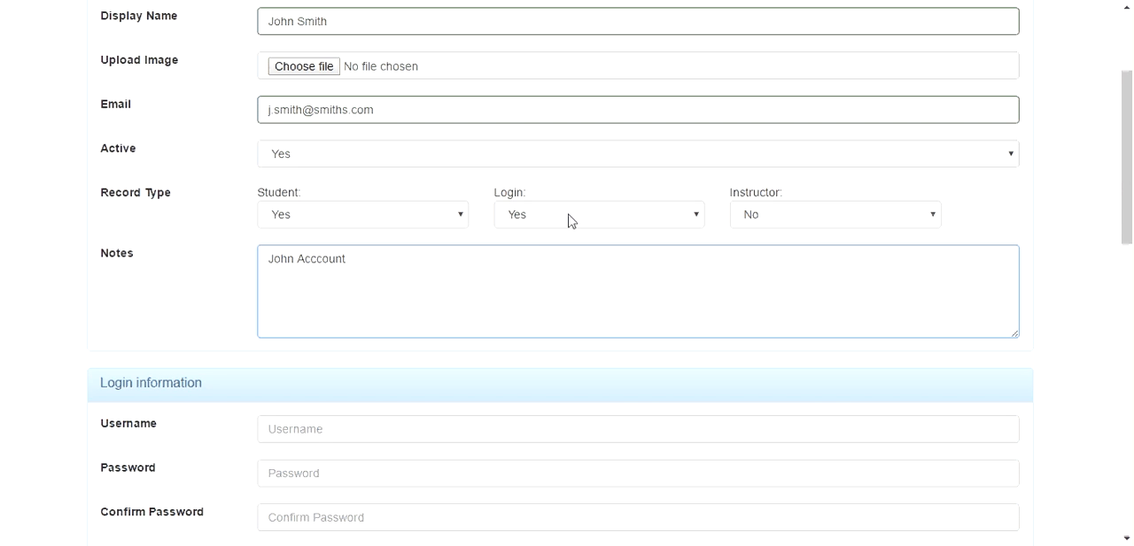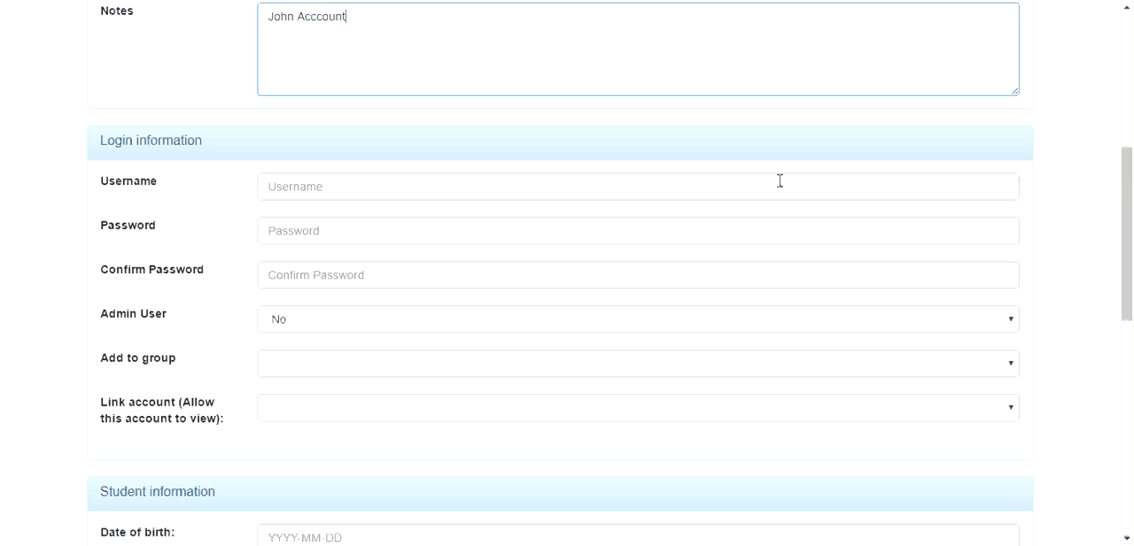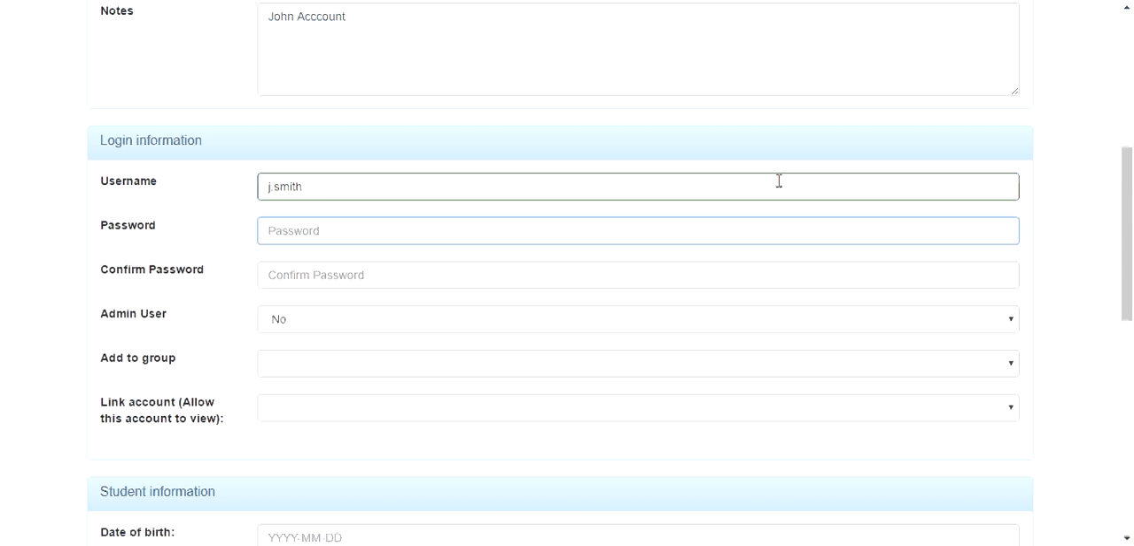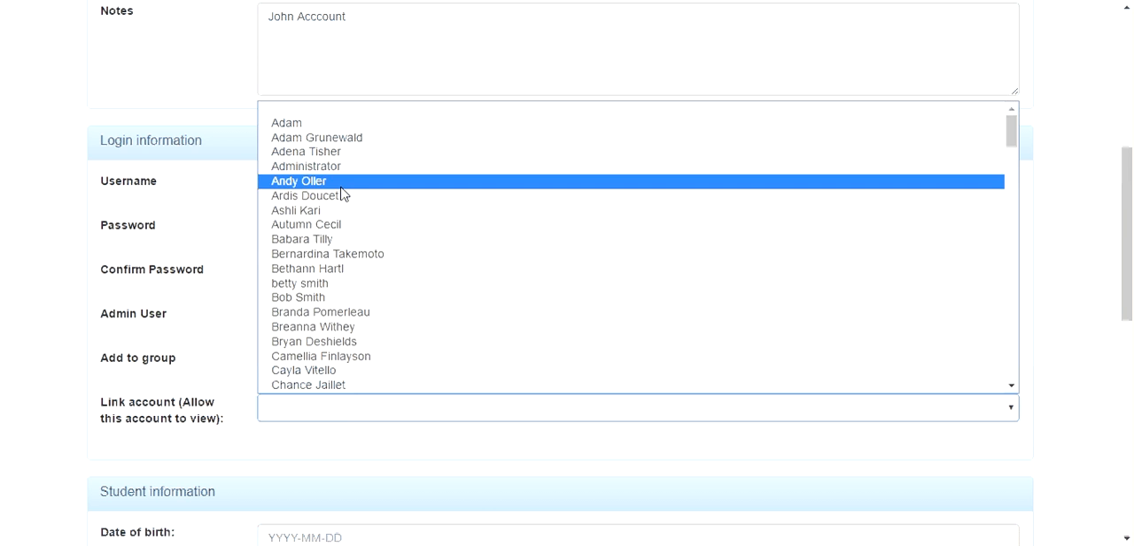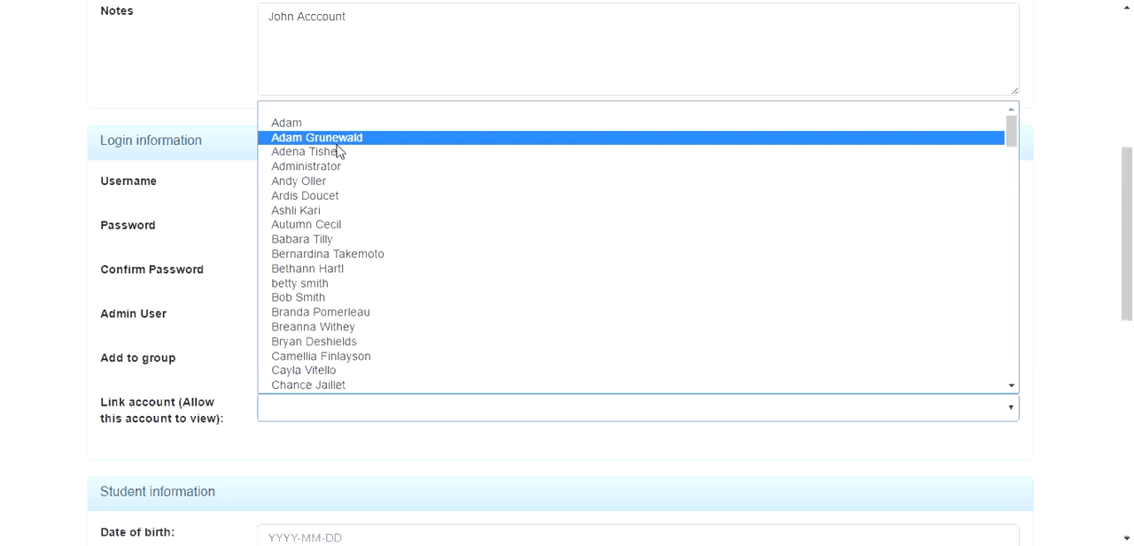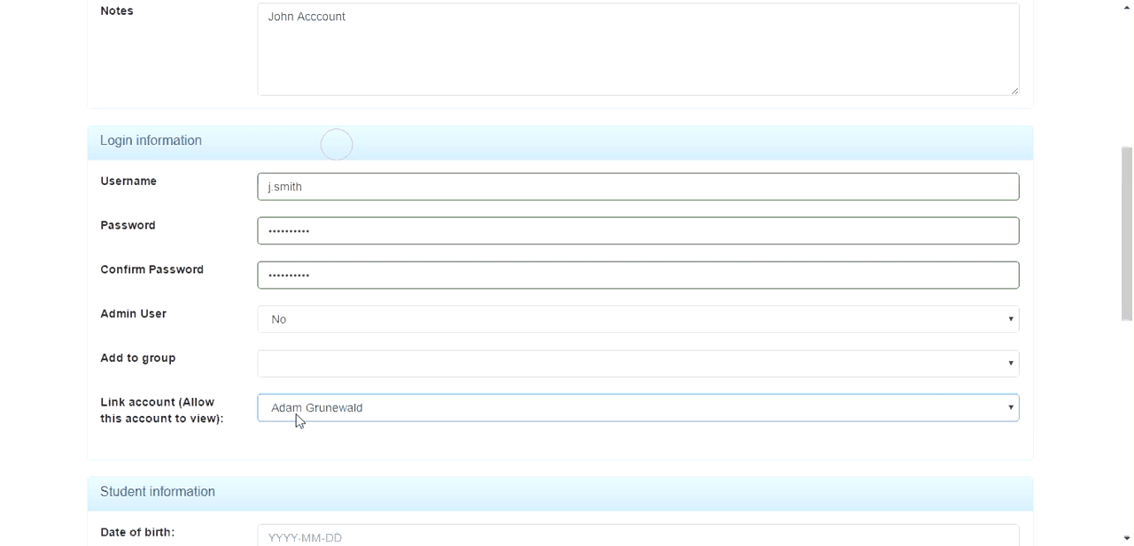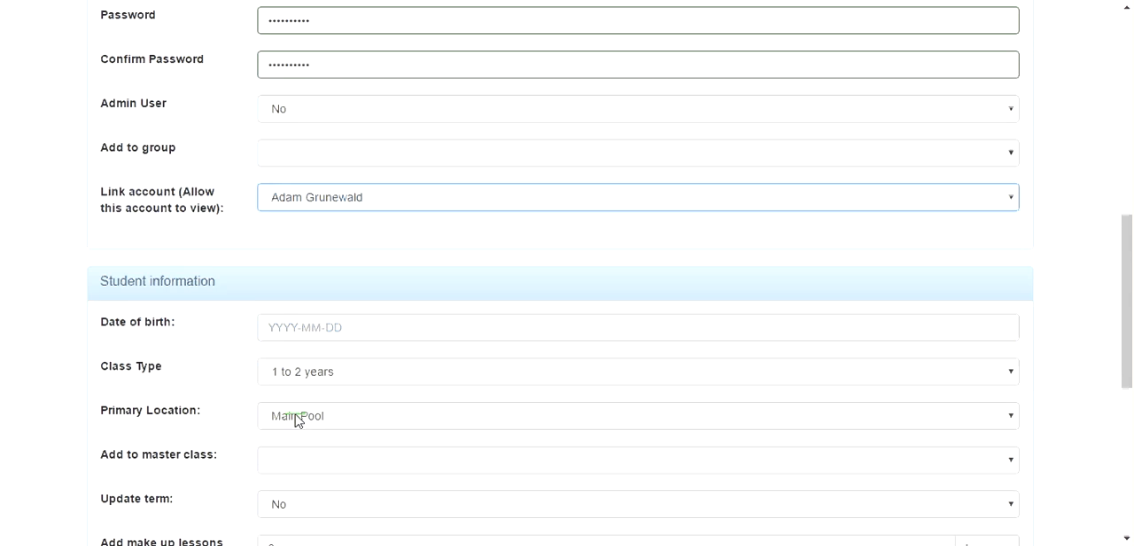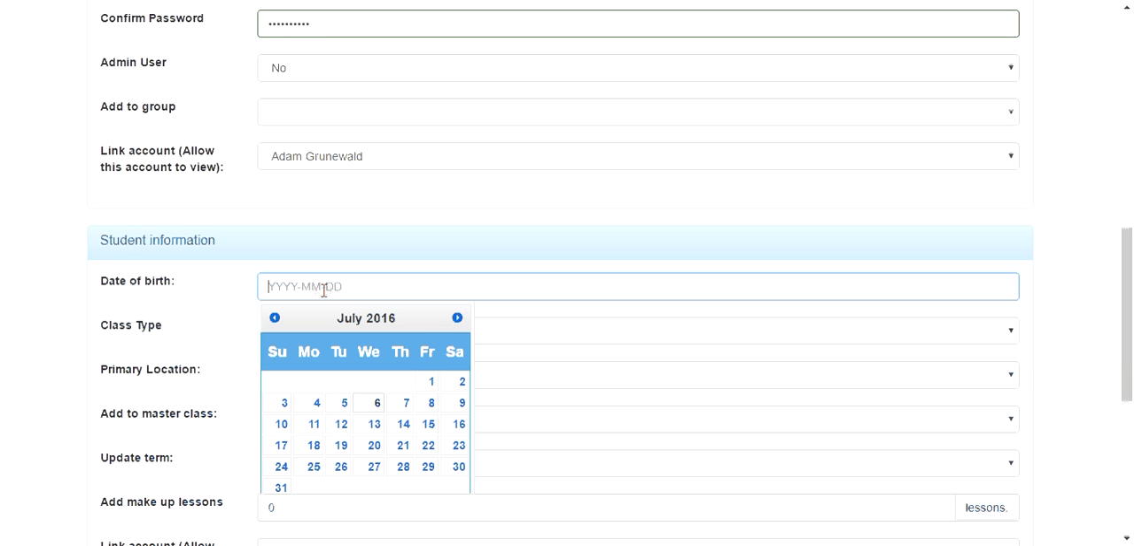So as you can see, now that I've selected the login information, there's a few more questions that we need to make sure that John's account is set up correctly. So we're going to give him a username, we'll give him a password to allow him to log into the site. We'll link him to Adam's account as well, so that when he logs in, he'll be able to see Adam's classes. Then we've got the student information, so we can give the student's date of birth,